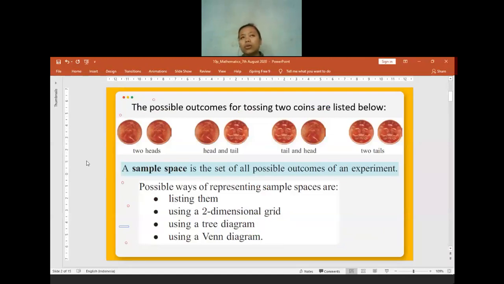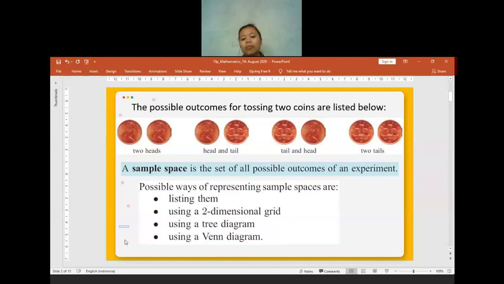we can use. Sometimes you are not going to only use the Venn diagram, use the two-way table, or use the tree diagrams. Later, there will be so many ways for us to show the sample space for the probability. So later we will make a sample space, because if we have the sample space, it will be easier for us to find the probability, out of how many, like it will be 1 per 2, or maybe 1 per 4, or maybe 1 per 60, or something like that. It depends on the sample space.